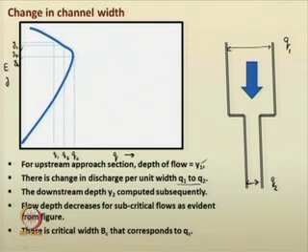This is the critical, this is the flow pattern. From here you will see that for subcritical flow conditions, the depth of flow in the downstream section decreases. There is a critical width B c that corresponds to Q c. From this Q c, one can evaluate what is